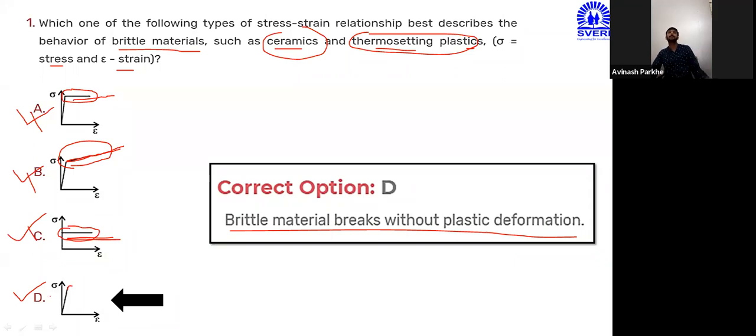So this is one more problem based on the stress strain diagram for the brittle material. Previously, we solved one problem based on the ductile material, where we had to identify the sequence of the points: first proportional limit, then elastic limit, then upper yield point, then lower yield point, then ultimate stress point, and then breaking. We had to choose the correct option and match the pairs. Now they have asked the question in the form of identifying the stress strain diagram for the brittle material. So first, we need to identify the concept of the brittle material curve, which materials are considered brittle, and then choose the correct option.